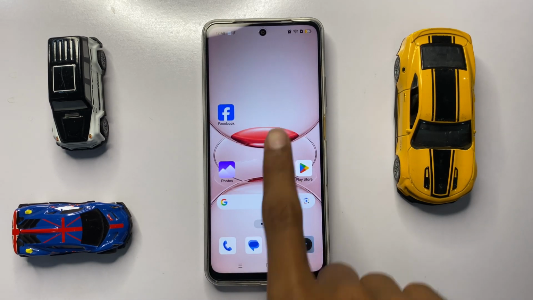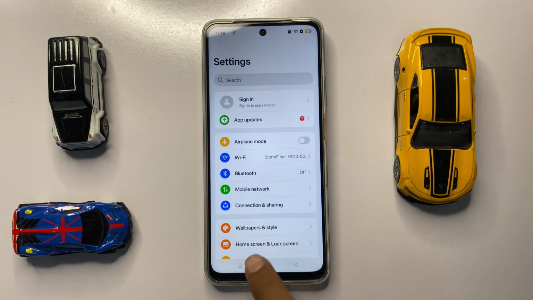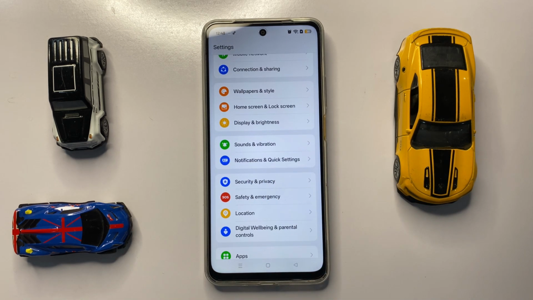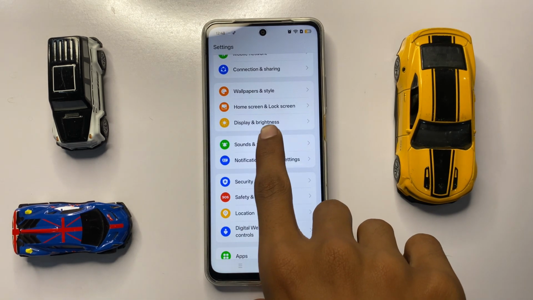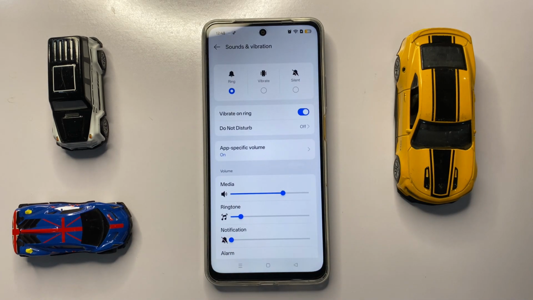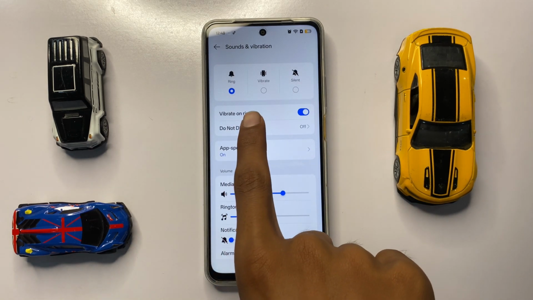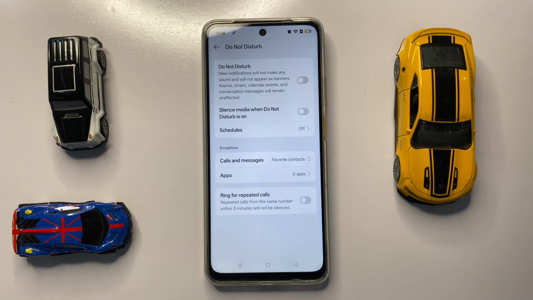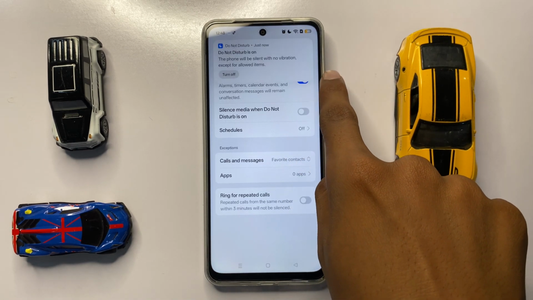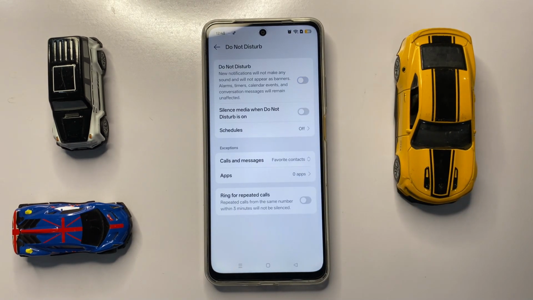open settings. In settings, scroll down and here you can see the option sounds and vibration. Now click on it and then click on do not disturb. Now here you can check your do not disturb. If you turn on your do not disturb, then turn it off. After turning off your do not disturb, then go back